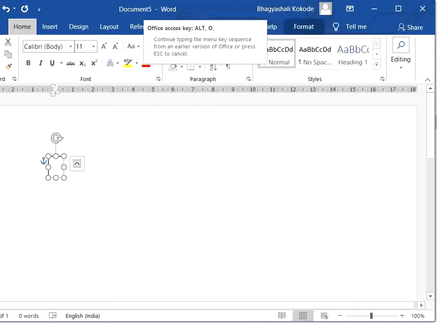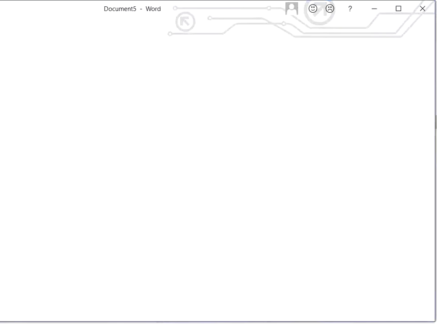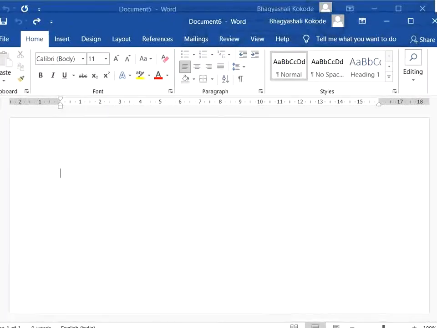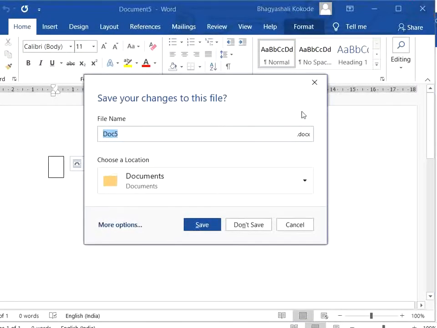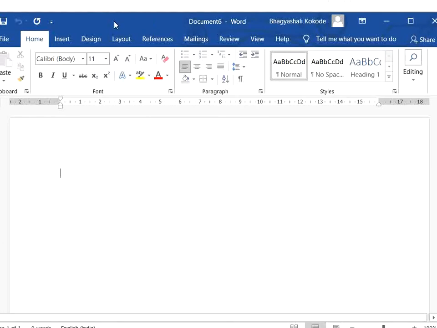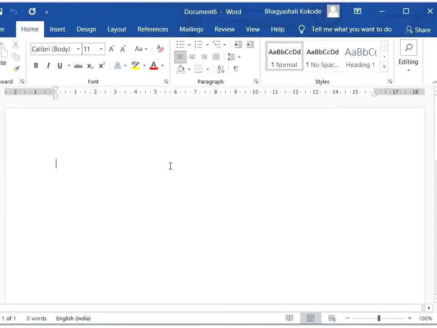Next key that we have to discuss in the general program keys is F9.